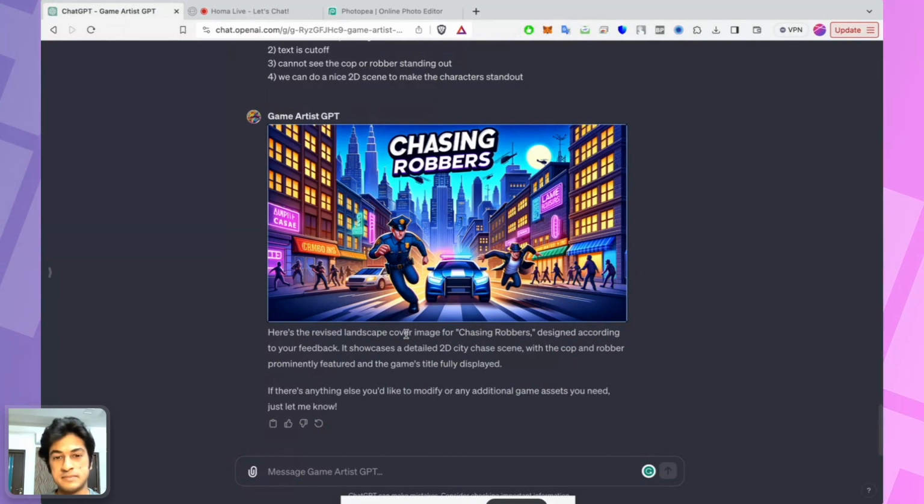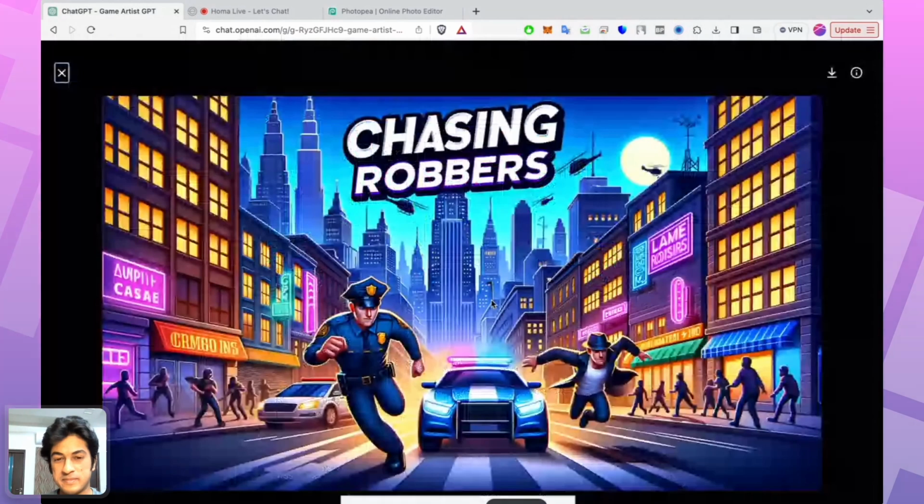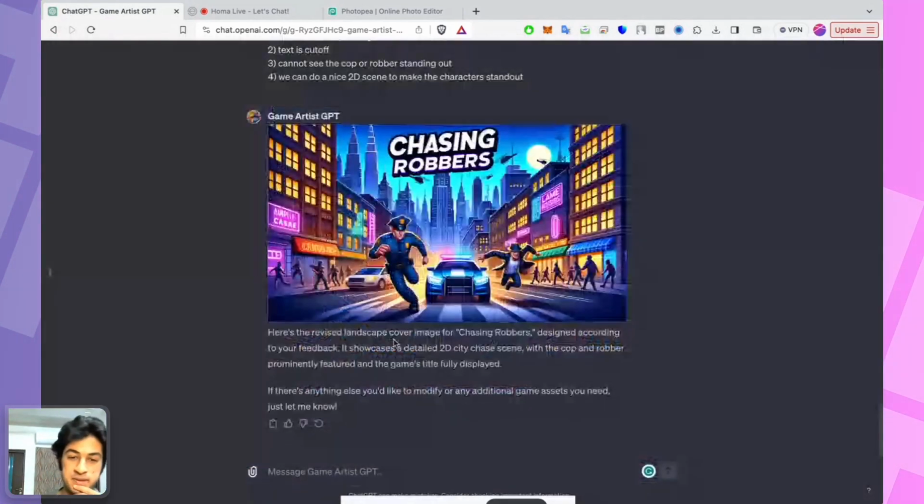It's really quite striking. I'm super impressed with that. It looks like the cop is running away from the robber, which is kind of a curious take. But I'm kind of liking that twist in the gameplay there. I think that's a unique take. Yeah, maybe the robbers are chasing the cops, so it's a twist. Who knows? But with some appropriate feedback, you can fix all of this. This is just to showcase the detailing and how you can generate some good graphics and visuals for the game. So all good to go there.